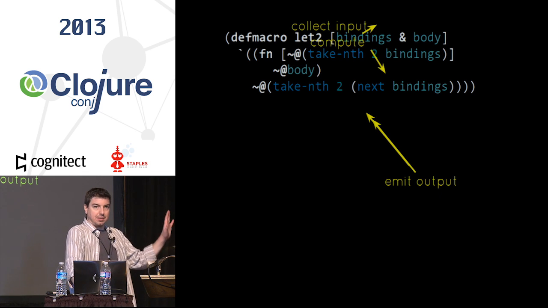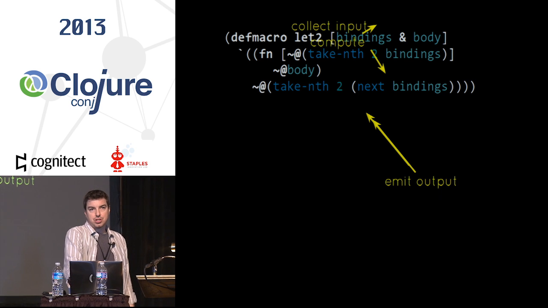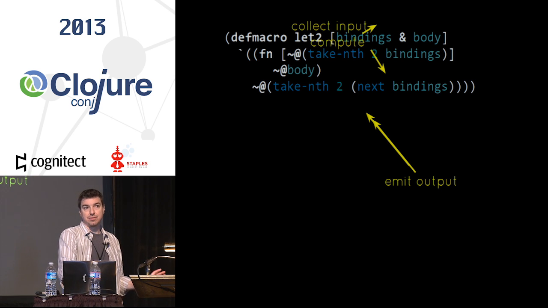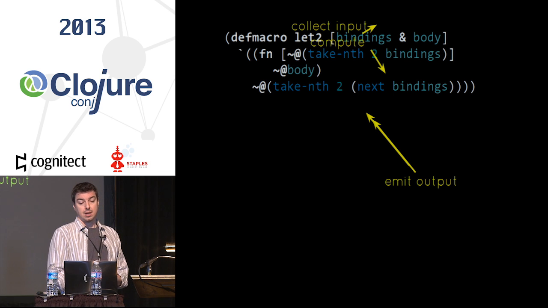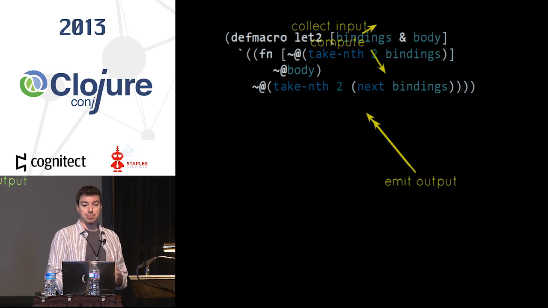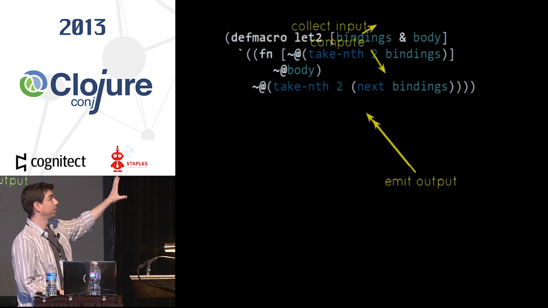This is that same macro I just showed. Many functions do three kinds of things. One of the kinds of things is collect input. We often use destructuring for that, and then sometimes need to do some more work besides. There's often a part that computes. You can see here the computation part is sort of,